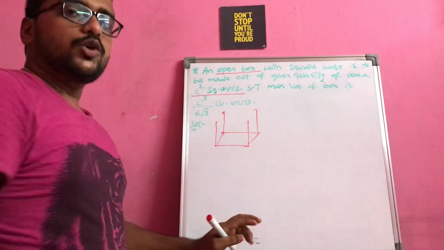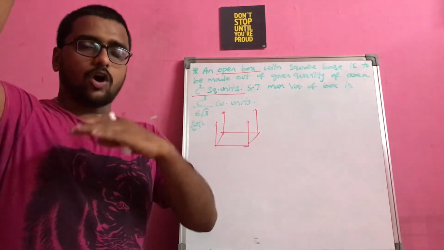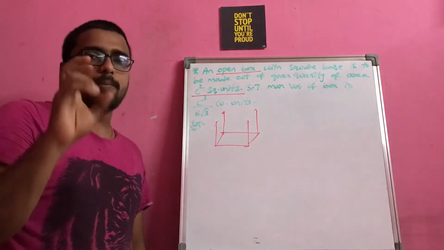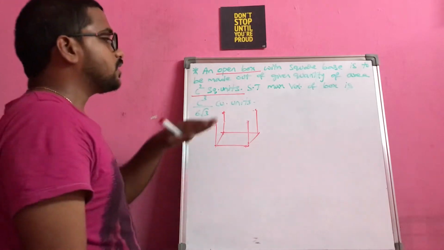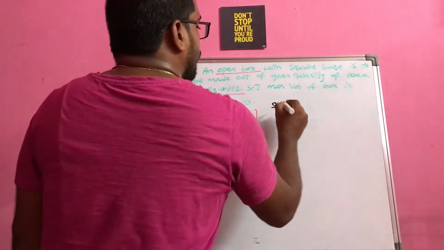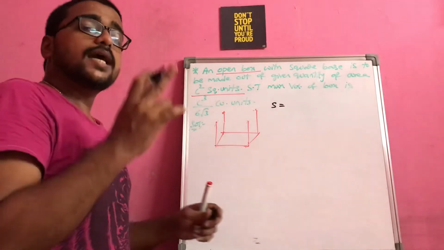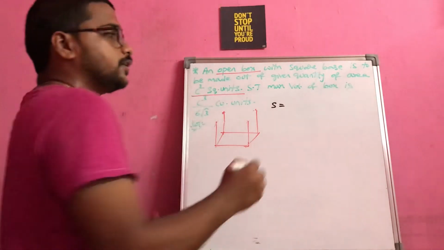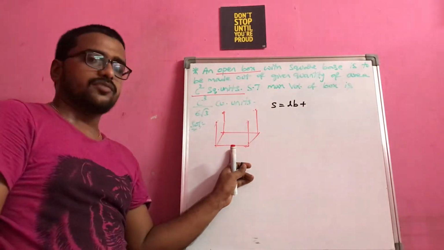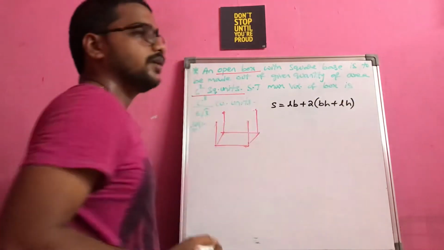So that means usually for a cube or a cuboid you will have 6 faces, 4 sides, top and bottom, together 6. Now what they are saying when they say it is an open box, in the sense the top is open. So from this figure, in our formula 2 times (LB plus BH plus LH), that 2 times LB represents the bottom and the top. So I need not count the top face, I can count only the bottom face, plus 2 times (BH plus LH). Hope this is clear.